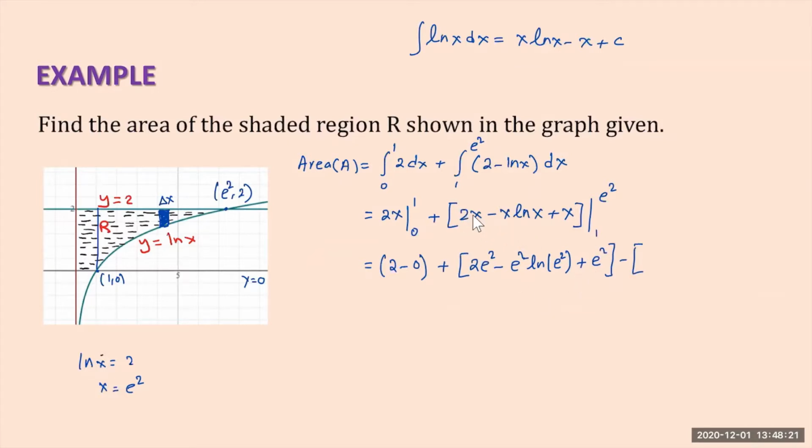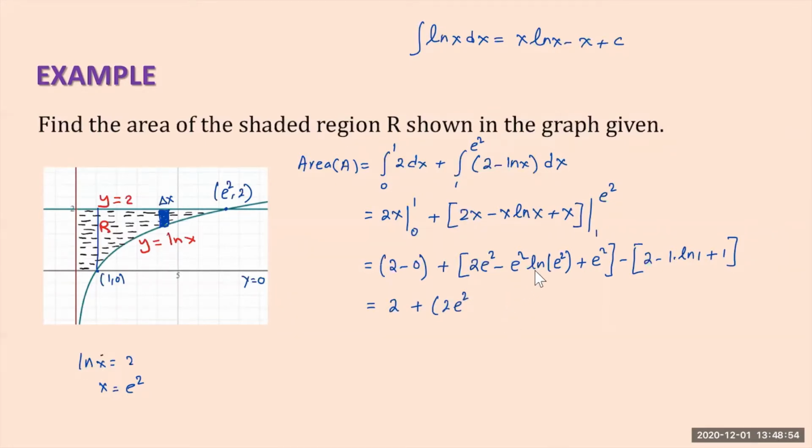So it will be 2 times 1, which is 2, minus 1 times natural log 1 plus 1, because I'm plugging in 1 for everything. First part, that is equal to 2. 2 minus 0 is 2, then plus, here we have 2e squared,